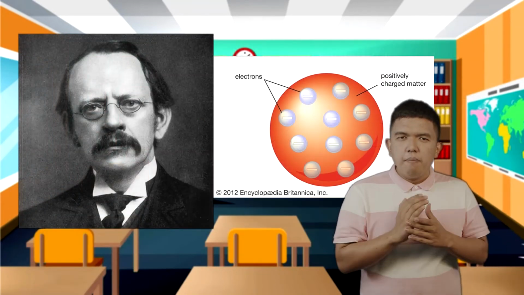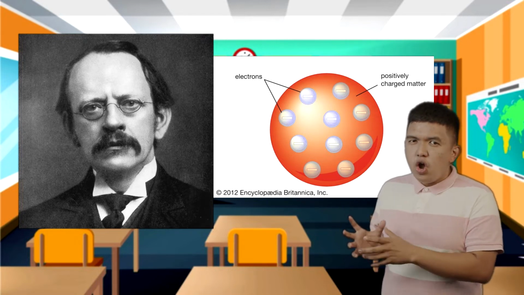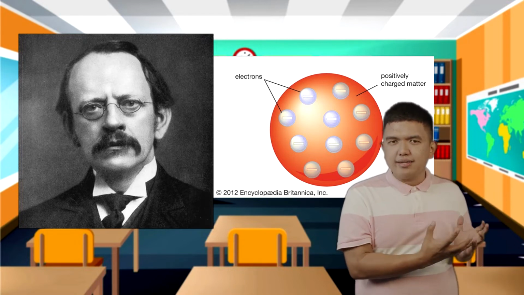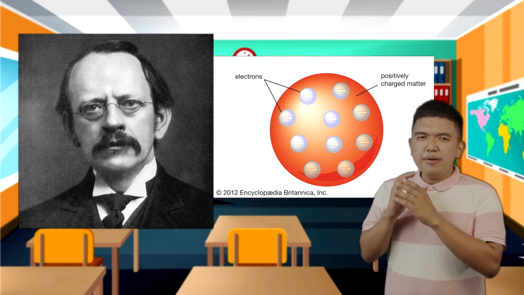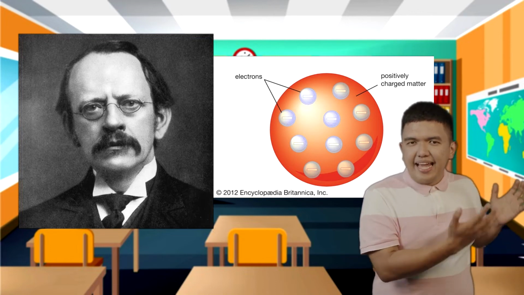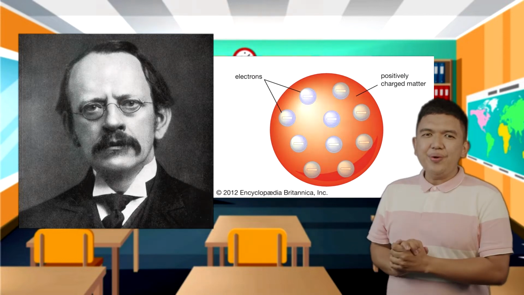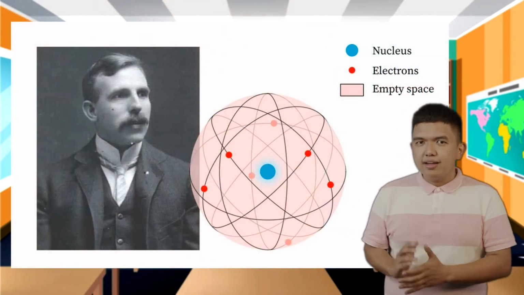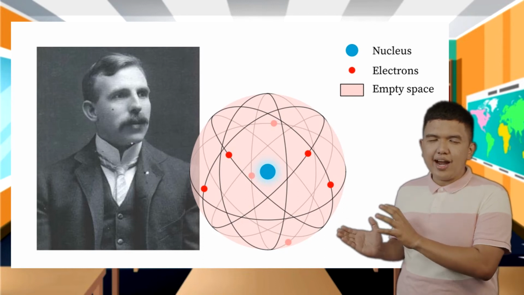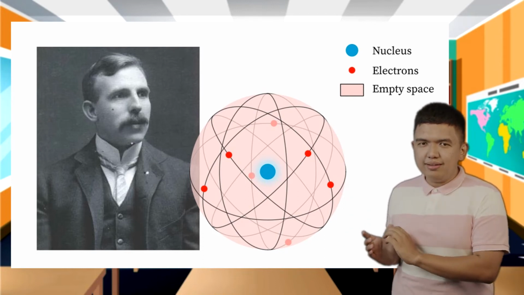J.J. Thomson proposed that the atom is a positively charged sphere with negatively charged particles called electrons held by attractive forces between the 2. He presented it as the plum pudding model, or most commonly known as the chocolate chip cookie model. Yum! On the other hand, Ernest Rutherford described that the atom consists of a dense core called the nucleus,